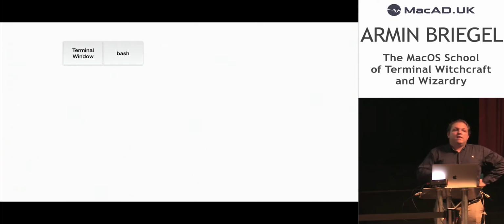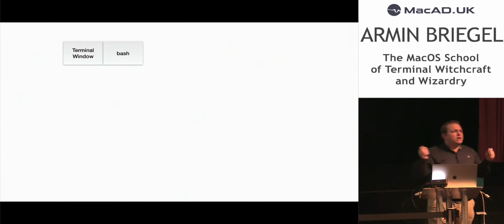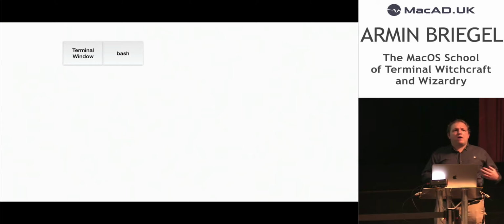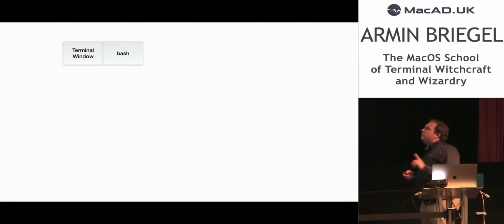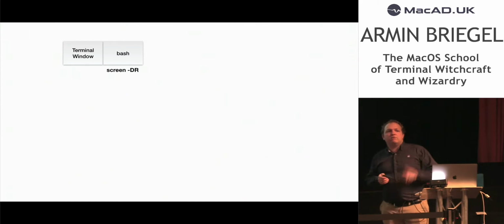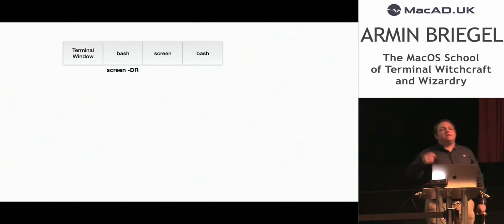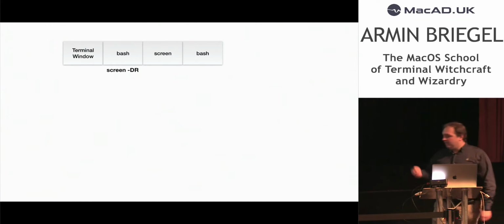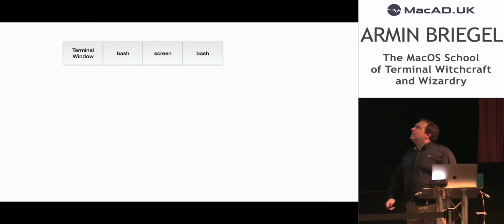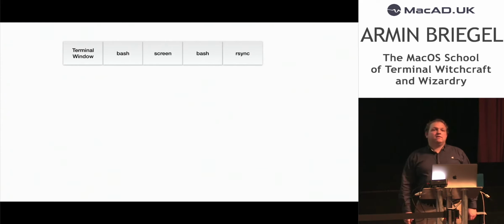There is a command that will protect you from this. You can use nohup and foregrounding and backgrounding processes and all of that. Bash does that. But that is complicated and error-prone, and I never remember how to do that. There is one command that I do remember, and that is screen -D -R, screen -DR. It's the only thing you have to remember. This will actually open a second bash instance inside the screen process. And then you can start your rsync.